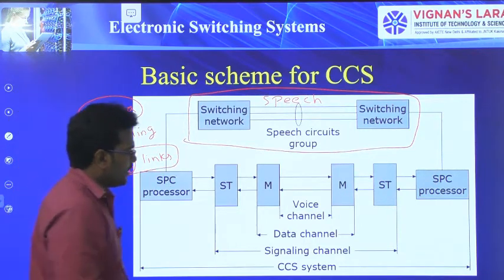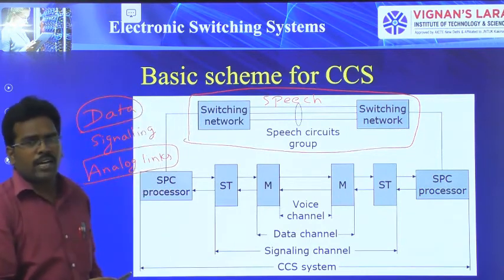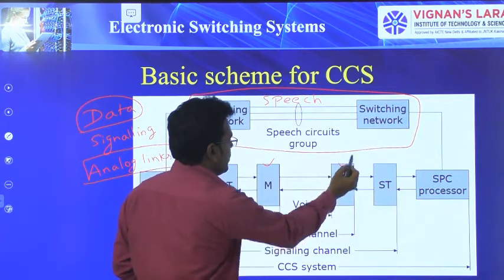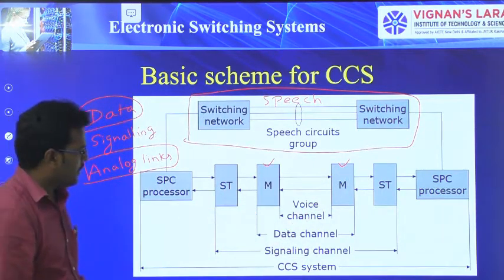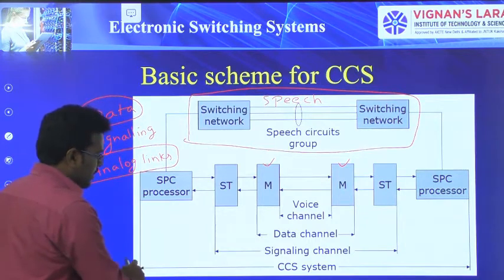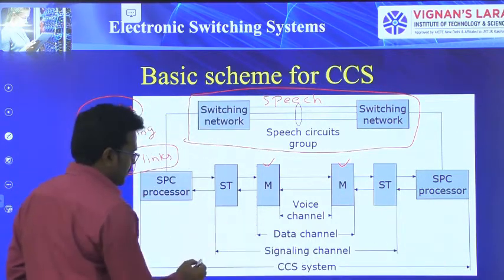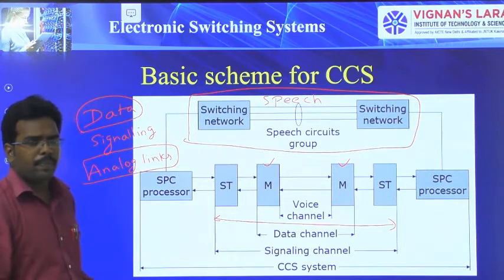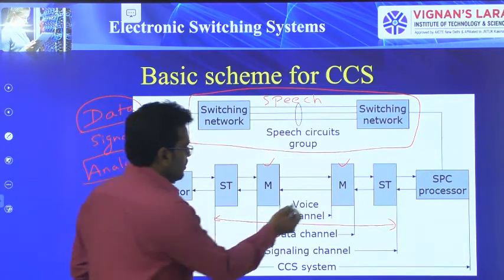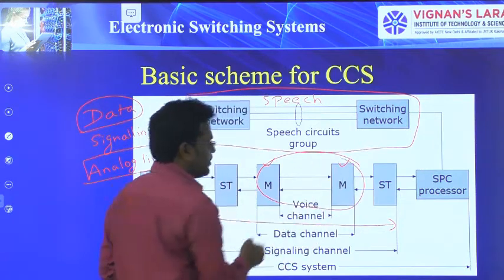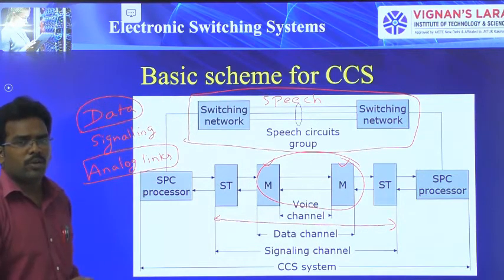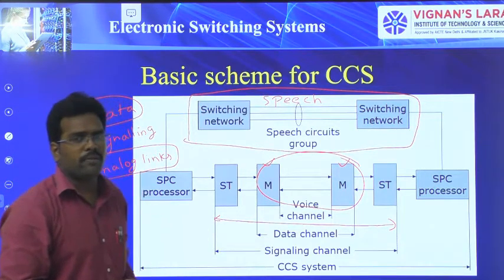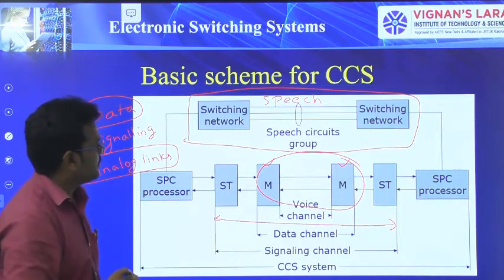So in this case, to utilize the same analog channel links for data, we are using some modulators. And this is nothing but your common channel system. This is the channel for signaling. We are using the same channel for data as well as signaling. So for that, we have to use some modulators to convert analog to digital, so that we can easily transmit the data as well with the help of this common channel signaling.